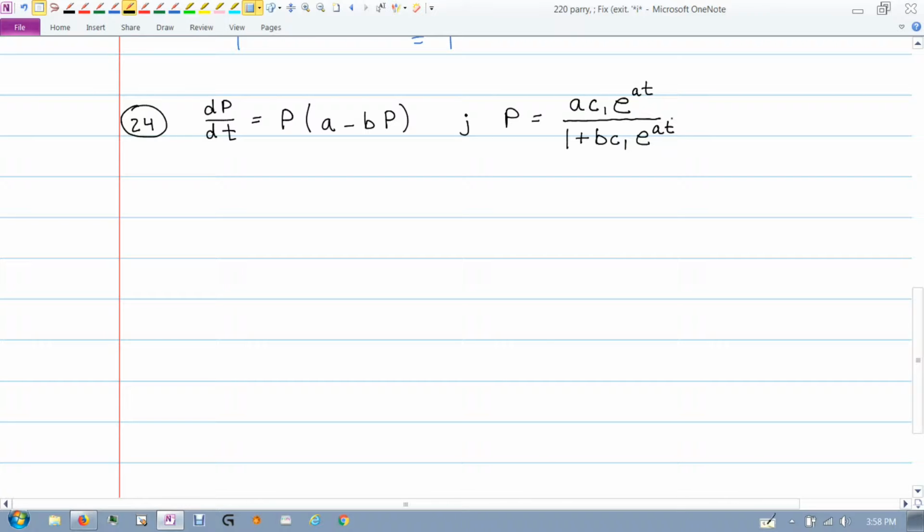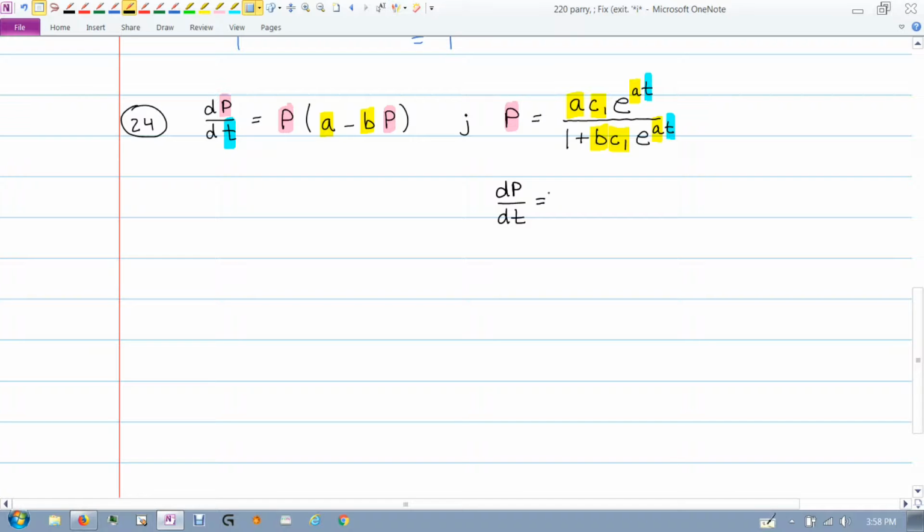All right, let's start with a few things here. Our independent variable is t. So that appears here, that appears here. Our dependent variable is P, and so that's a dependent variable right there. So everything else here are constants. So a is a constant, b is a constant, and c sub 1. Those are all constants. So when we take derivatives, let's just keep that in mind. Now I do need the first derivative here. So when I take my first derivative, I'm going to get dP/dt equals, now over here I've got a